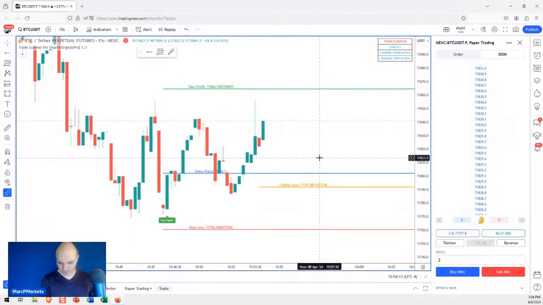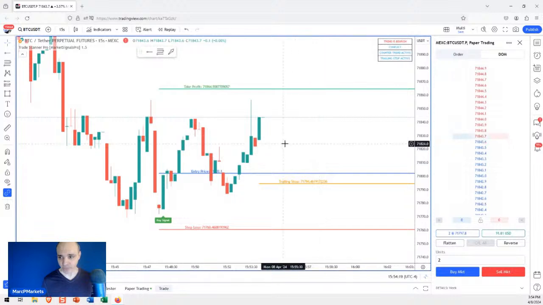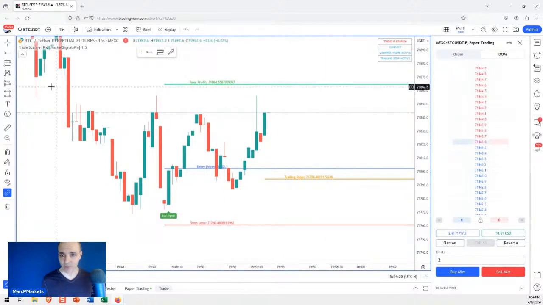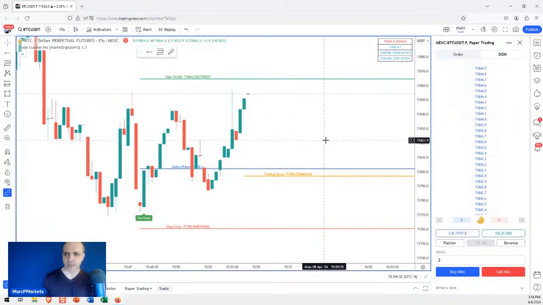But I mean, for this time of day, it's almost 4 o'clock in the afternoon. This is a really bad time to trade, typically. Look at this. All right, so maybe we go for the take profit. So do you guys see how this lays out the orders? This removes the guesswork. This reduces the burden of analysis. You don't have to sit there and wonder, what do I do?